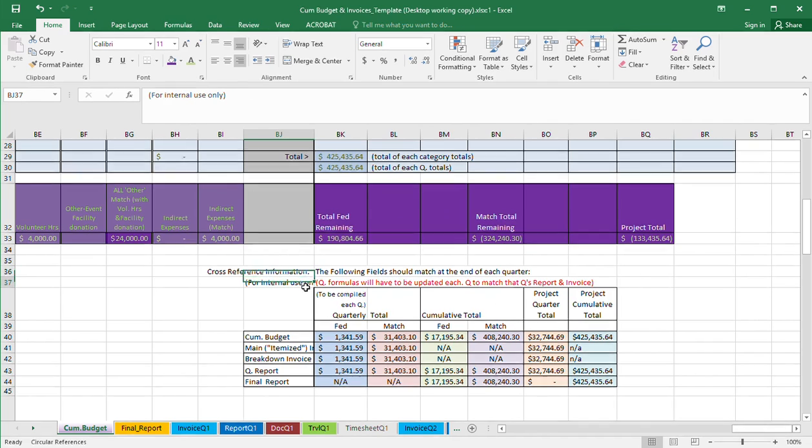So this is for internal use only, that should say. The quarter formulas will have to be updated each quarter to match that quarter's report and invoice. So what I mean by that is if you click here on where these different numbers appear,